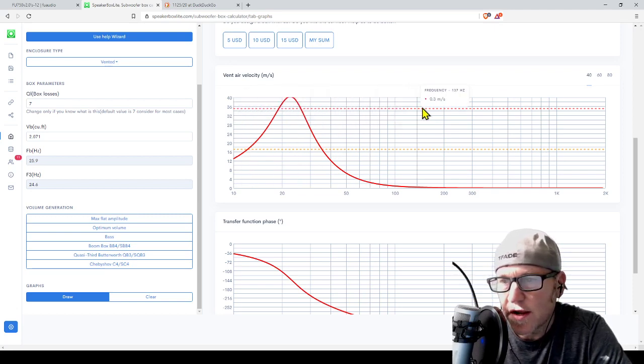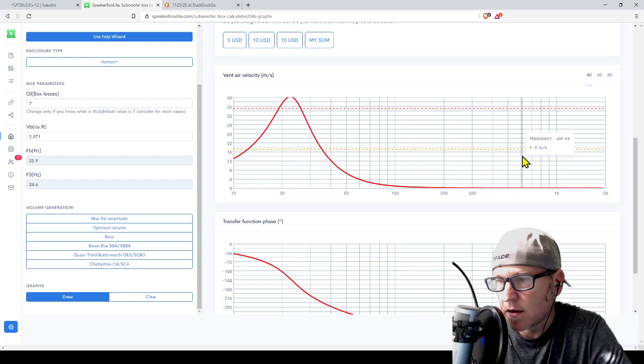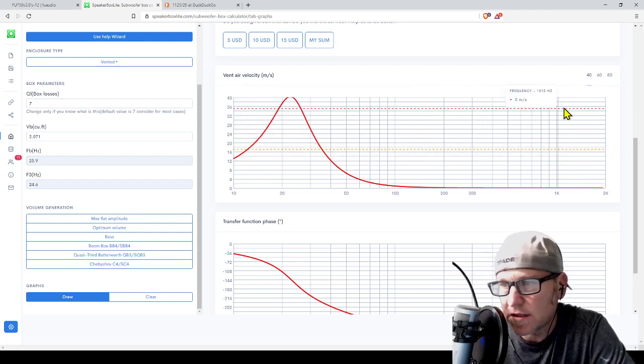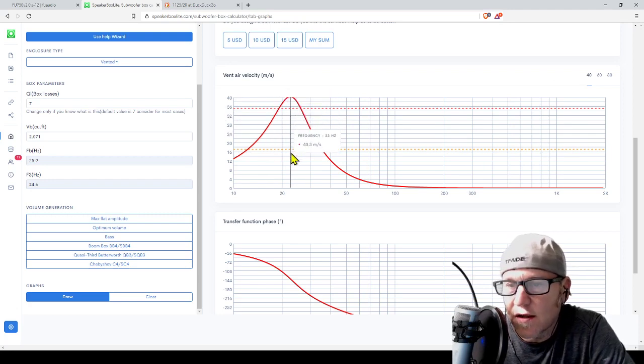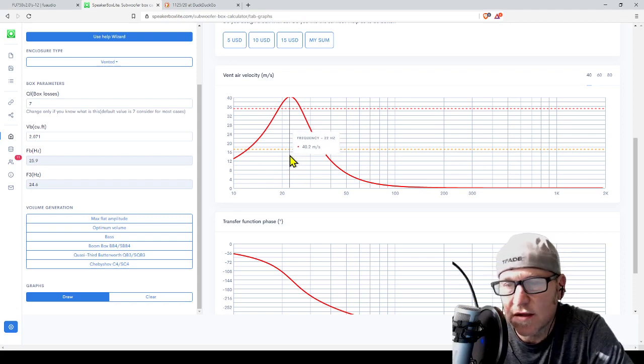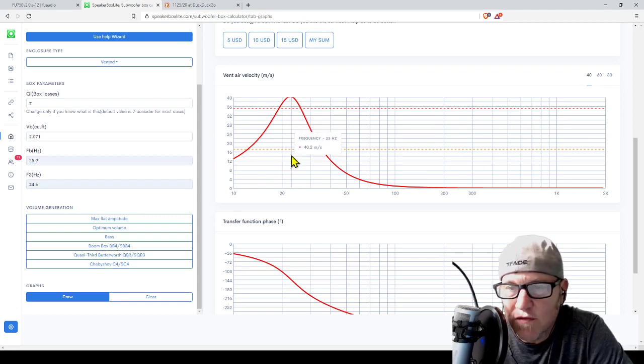Actually, they have it drawn out here for you. Red is bad, and this yellow dotted line is actually pretty optimal. So 17 meters per second is pretty optimal. Keep it under 36. Most people say 30. But you can see here, 40 meters per second. That is definitely going to hurt your output. That is definitely going to cause chuffing, even at 750 watts. So